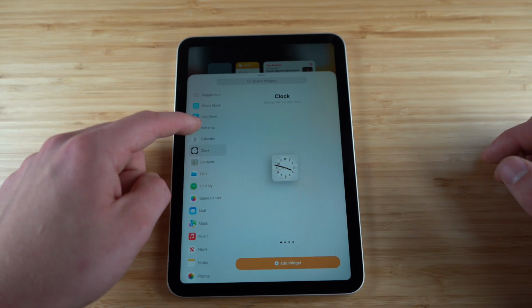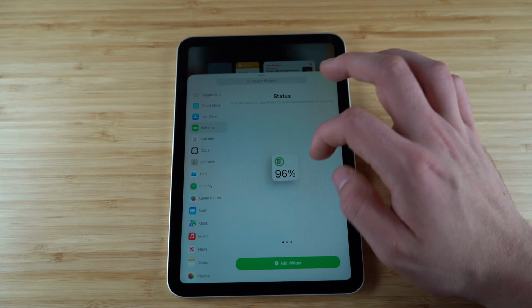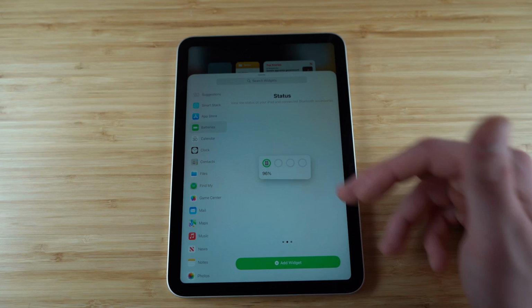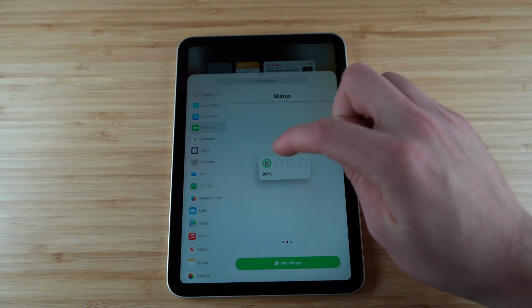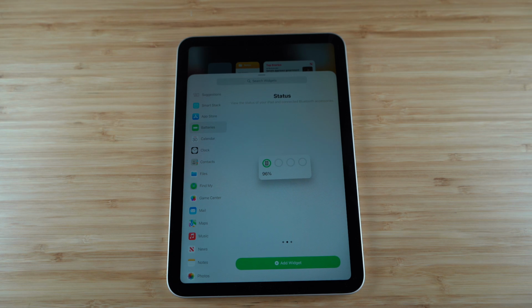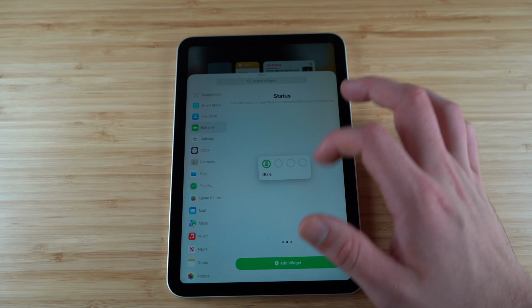A good one to have, like if you're constantly connecting to AirPods or headphones, is to have a battery widget. So what this one will do is it will show you the battery on all of your different devices. Meaning not only is it going to show you your iPad battery life, but it will also show you how much battery is left in your AirPod headphones as well as the actual case. So that's a must-have in my opinion,